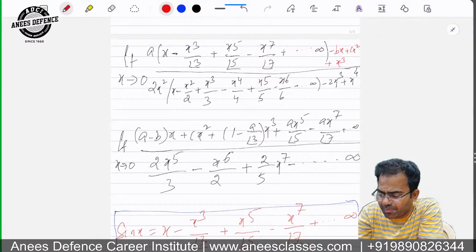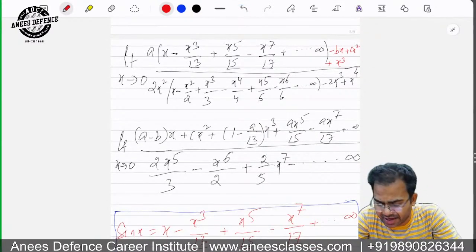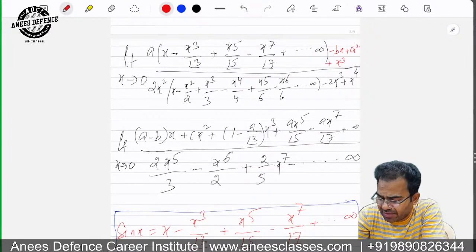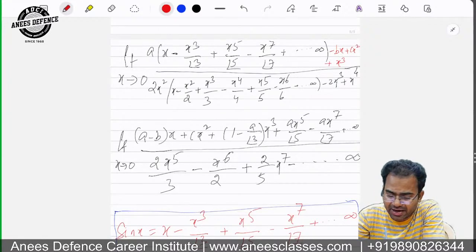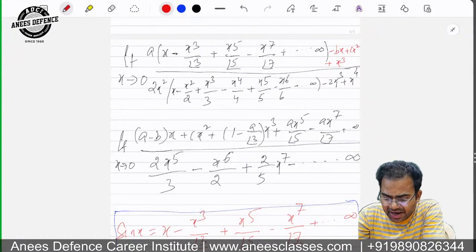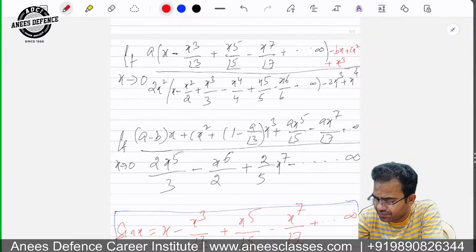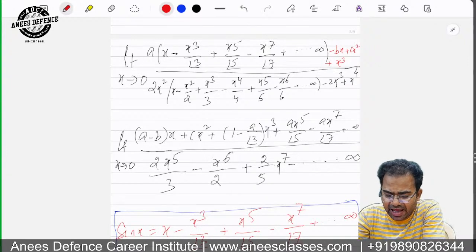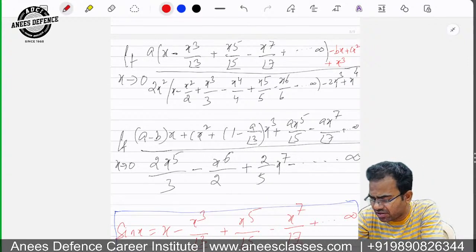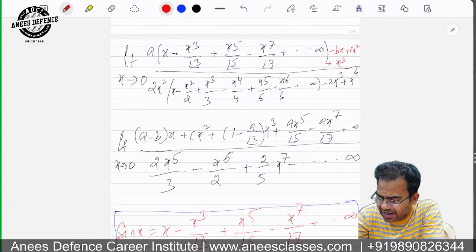अब मैं क्या करूंगा कि इसमें से सेम जो पावर है उनके कोएफिशिएंट को एक जगह करेंगे। तो अगर मैंने a से मल्टीप्लाई किया, ax हुआ, तो यहां मुझे bx है माइनस, तो मैंने x कॉमन लेकर a माइनस b लिख दिया। यहाँ पे x स्क्वायर सीरीज के अंदर नहीं है, c x स्क्वायर अकेला रहेगा, तो मैंने c x स्क्वायर अलग कर दिया। फिर अगर मैंने अंदर मल्टीप्लाई किया तो माइनस a x क्यूब अपॉन फैक्टोरियल 3, और यहाँ पे x क्यूब पहले से है तो मैंने x क्यूब कॉमन लिया, तो 1 माइनस a अपॉन फैक्टोरियल 3,